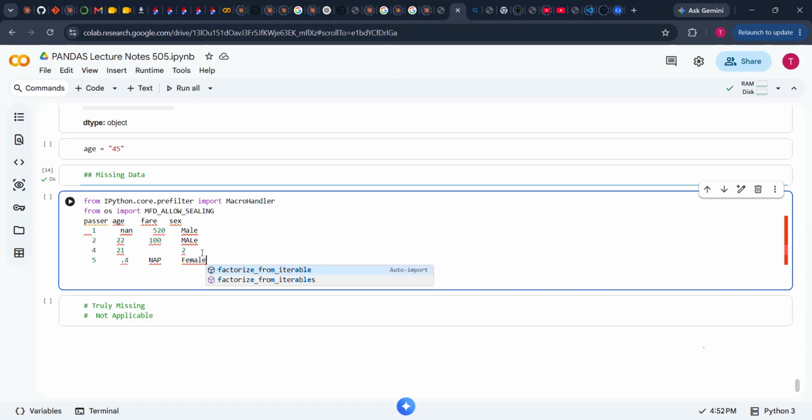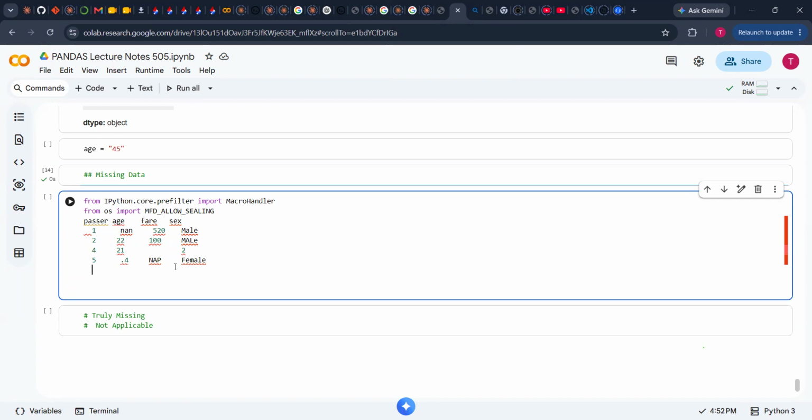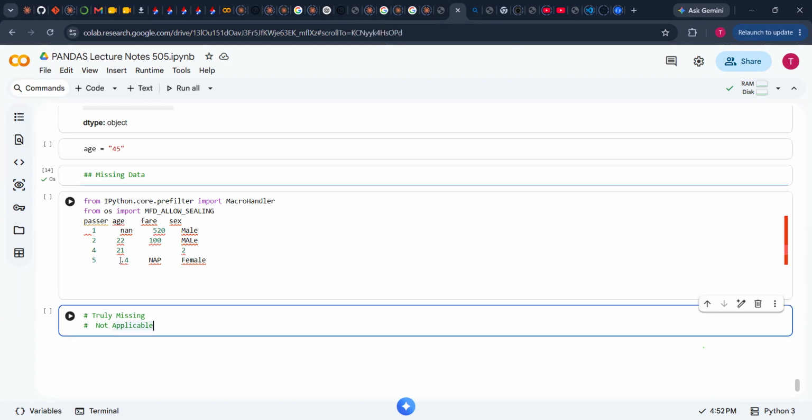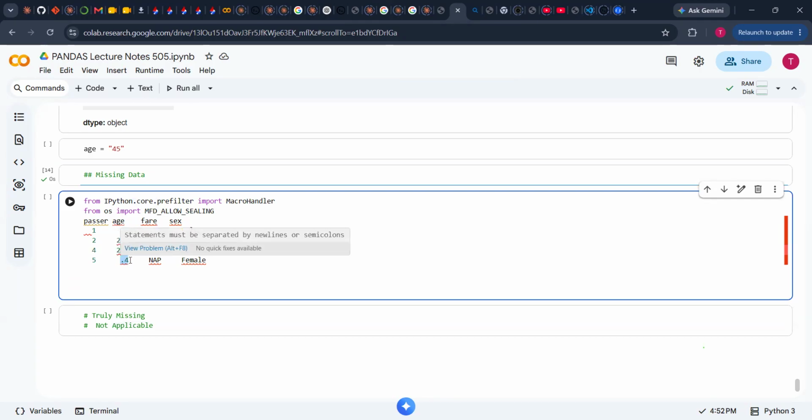Now, what happens is that if you study this situation, you discover that it is not applicable. For instance, here, if this was a child of 4 months, children don't pay the fare. You want to take a child from here to Yaoundé, the child will not pay. So the reason why there is missing data here is different from why there's missing data here. This person is truly missing because we don't know the person's age. But here, it's not truly missing. It's a kind of not applicable because the question doesn't really concern